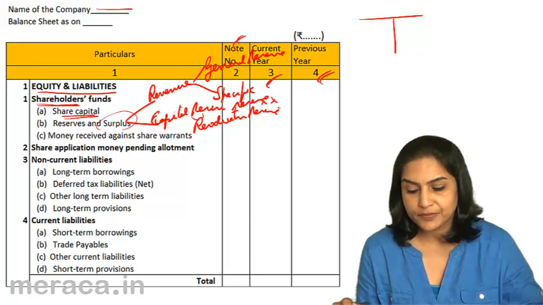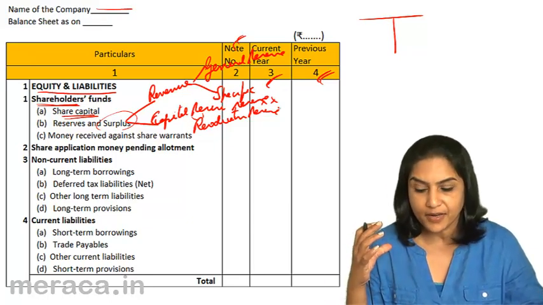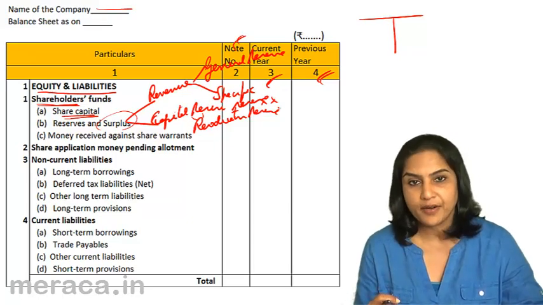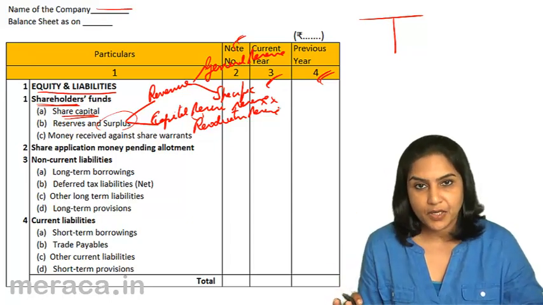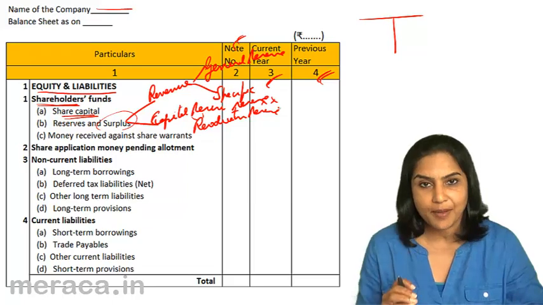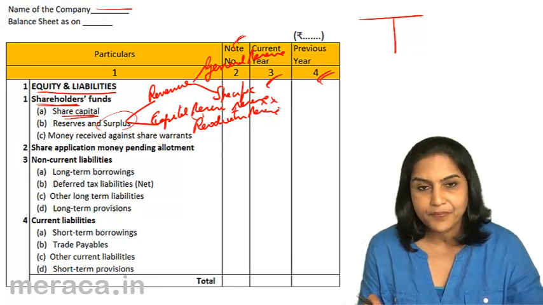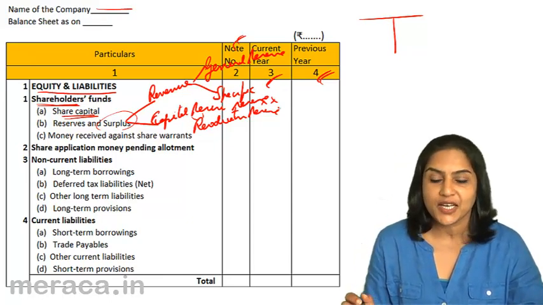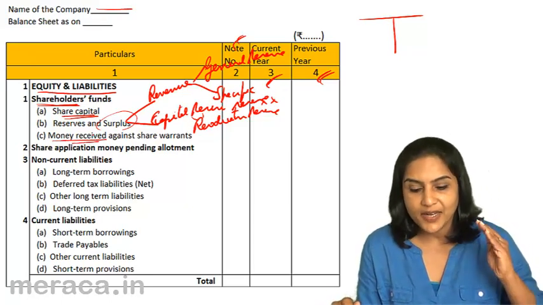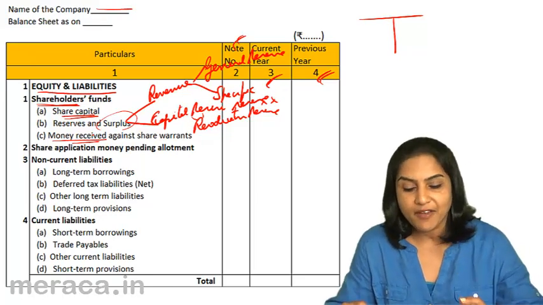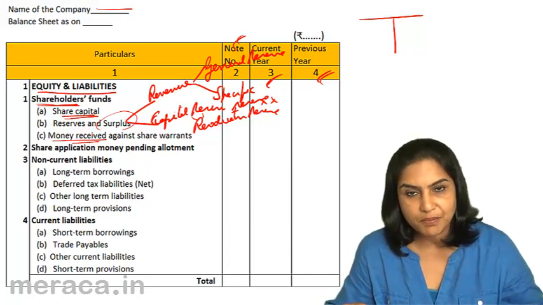Share warrants are warrants which entitle the holder to subscribe to the shares of the company at some future date. So if some money is invested with the company and the holders are given a right to invest in the shares at a later date, such money which is received against share warrants is shown as a part of shareholders' funds. So under equity and liabilities, first we have shareholders' funds consisting of share capital, reserves and surplus, and money